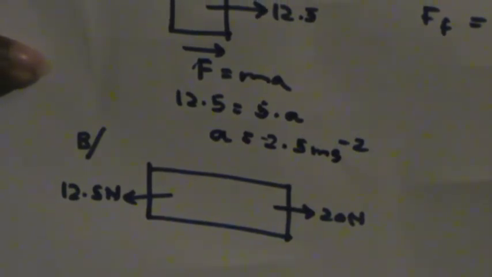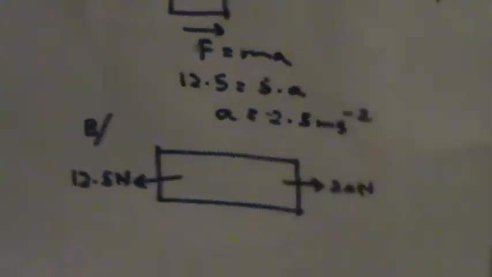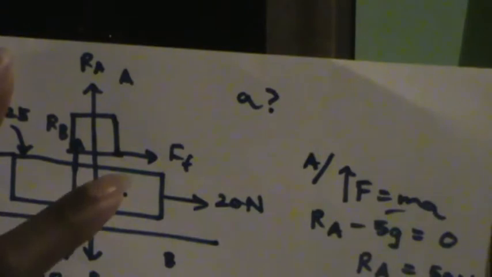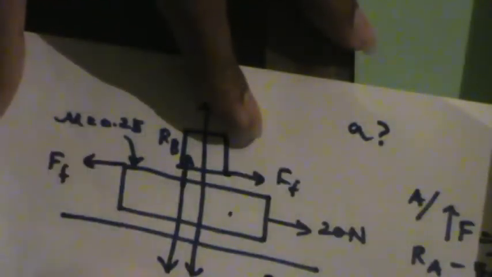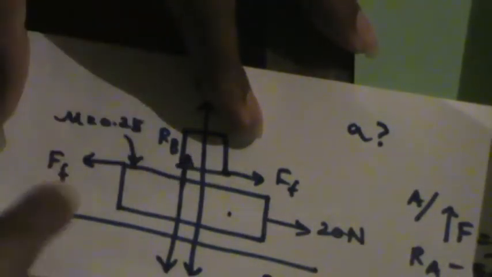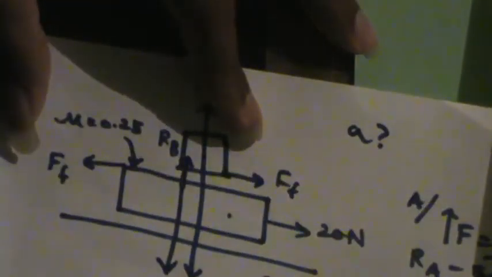Now B can move, but the only thing is that if you are considering Ff, Ff is equal to 12.5 newtons. So when B is given some applied force, this object tries to move in this direction. First of all, understand the scenario here. B tries to move in this direction, but this object A is acting with a frictional force in this direction, and due to that force, B is acting with a frictional force on A in this direction.